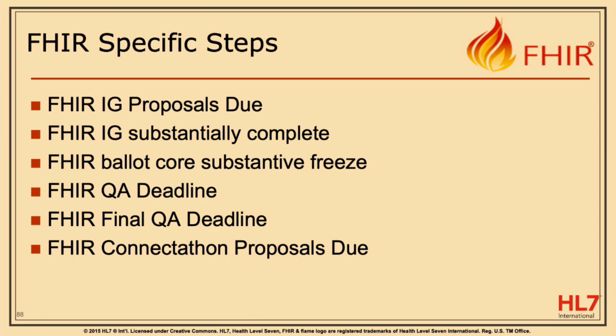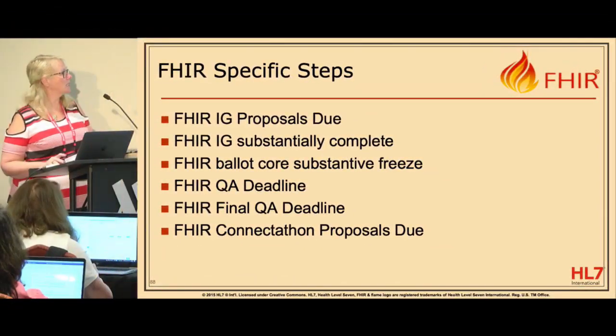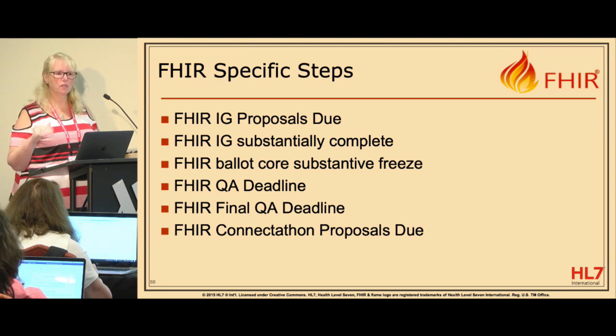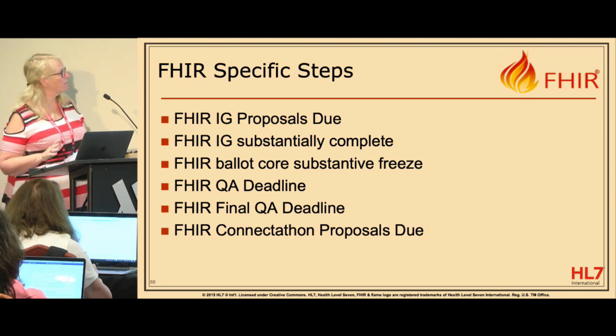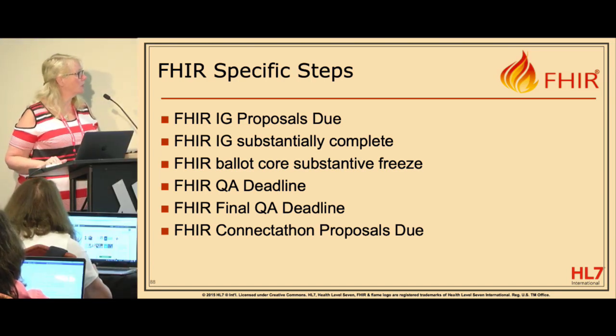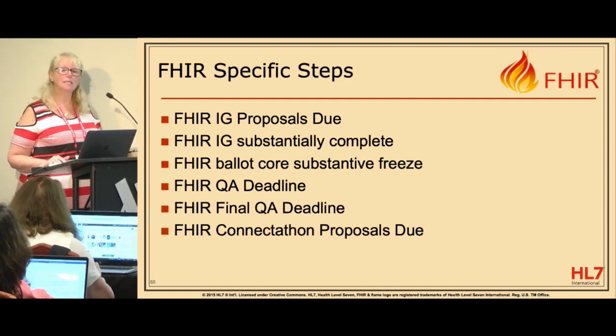So I flipped over from the HL7 processes because I think these ones apply to the FHIR IGs. As I said, the FHIR IG proposal is due before the NIB is submitted. So if you're going to ballot, you have to submit that NIB, make sure your IG proposal is through FMG and approved by FMG. There is also a date that's called the substantially complete date, and Lloyd's going to help